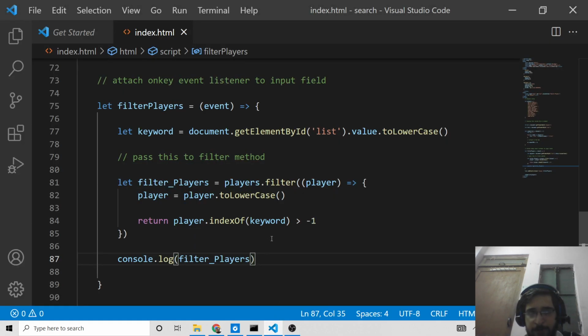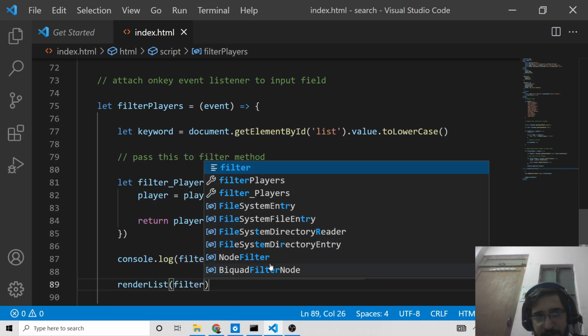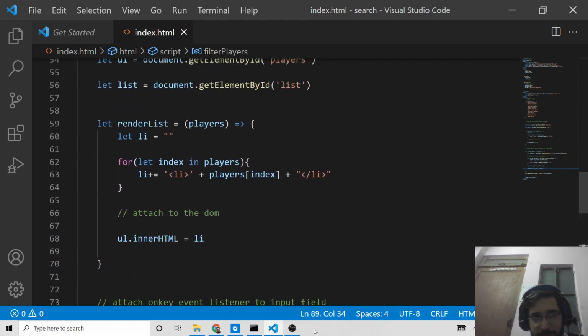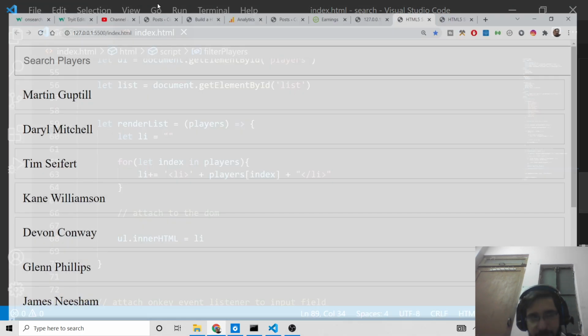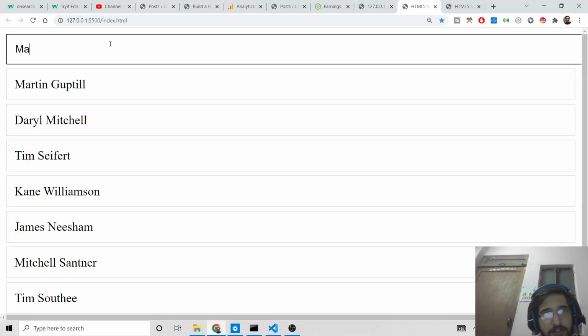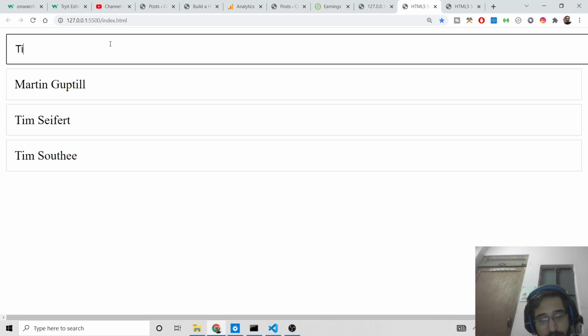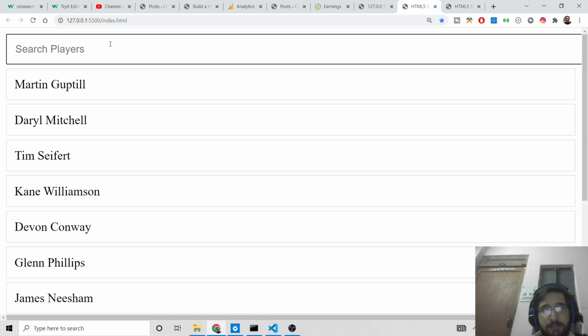Now it is very simple. We need to call this renderList function once again at the end of the loop here. So simply call renderList and pass filteredPlayers instead. That's it. So we are again passing this to renderList, so it is displaying our updated list. That's it. So if I once again refresh it, now if I type MARTN, you will see it is doing the searching. So this is a simple searchable filterable list that we have made in vanilla JavaScript using the filter and indexOf